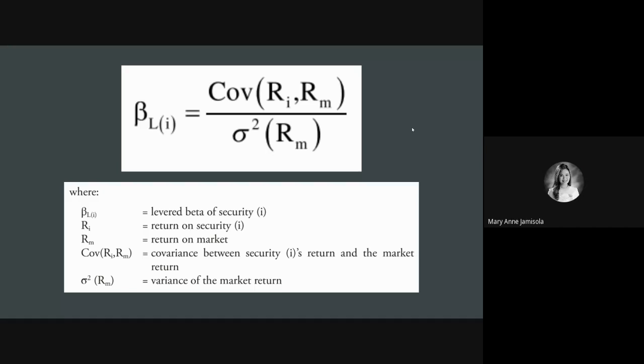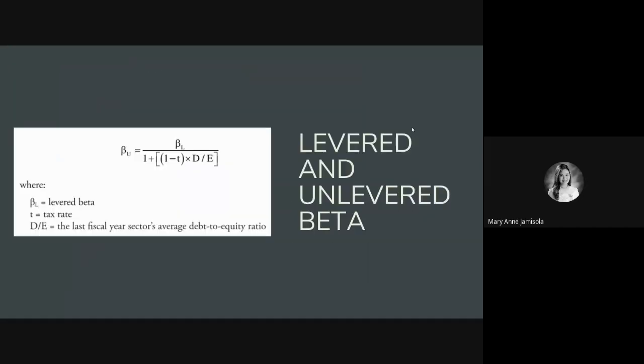But if the information that you have on levered beta is for the entire sector, or for the market, or for the entire country, so not specific to a certain company, then that is the levered beta that you can see on the numerator. So if you are to compute the levered beta of a specific company,